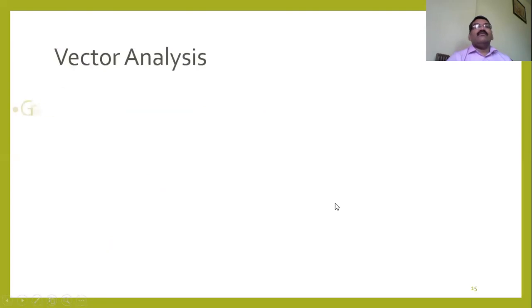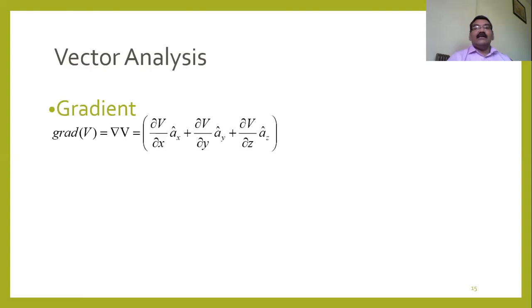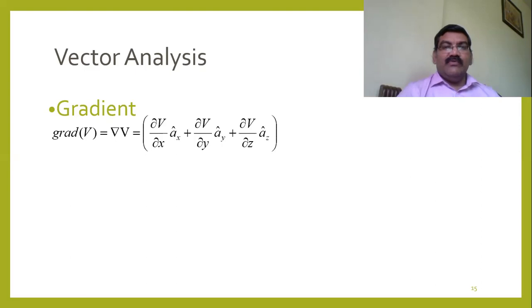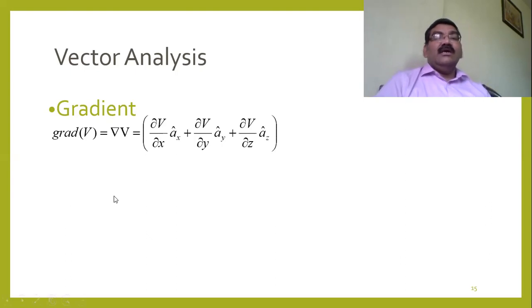Now, our today's topic is the gradient. In electromagnetics, this gradient comes up many times, and it is required before Maxwell's equations and everything else, so the gradient needs to be understood. Now in this gradient, what is this function? This is a del operator and this V. I can take the same example of temperature as the room temperature.